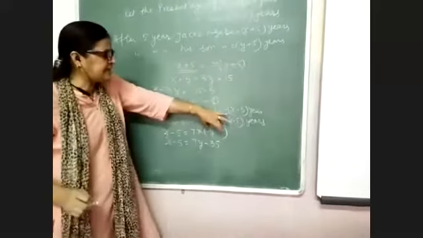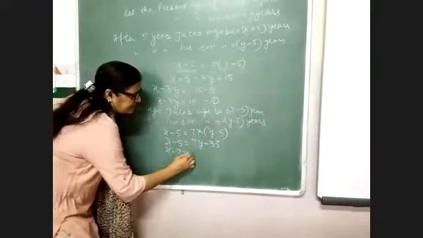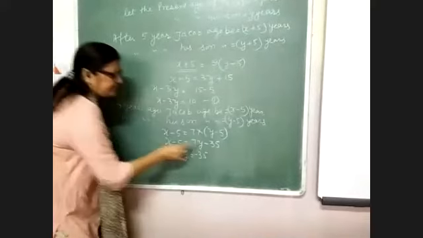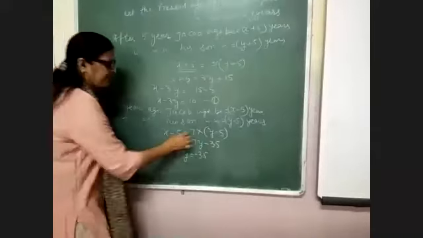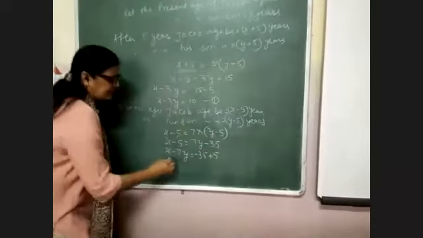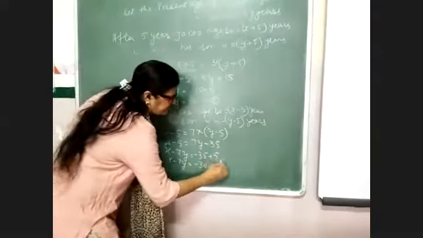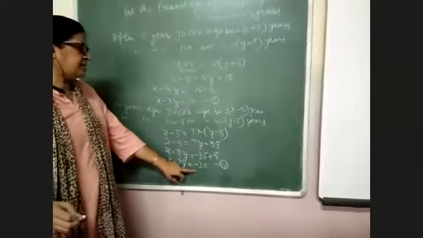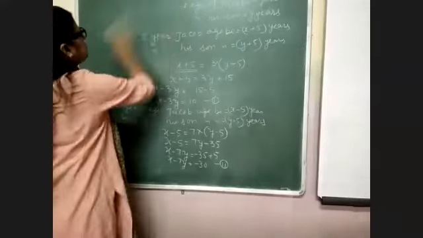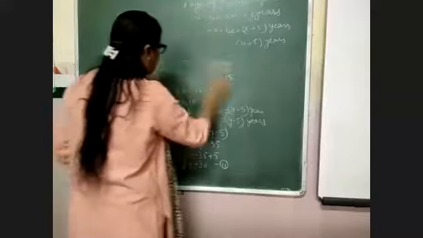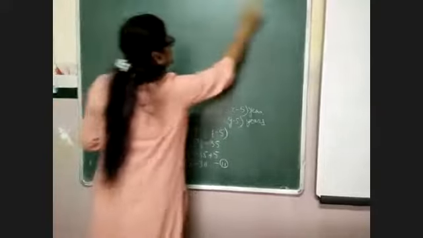You multiply the equation by 7y minus 35. Then your second equation is minus 35. First, 7y transposed to the left hand side becomes minus 7y, and minus 5 on the right hand side becomes plus 5. So your second equation is x minus 7y equals minus 30. These are your two equations, and you solve it by both the methods, substitution and elimination. Use both the methods and solve the question.